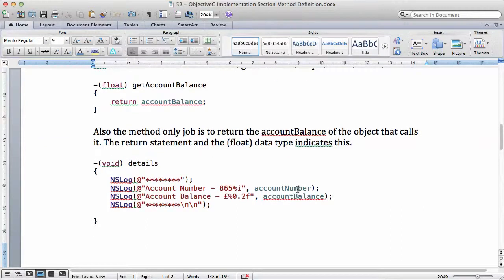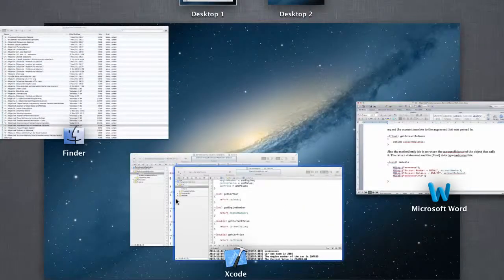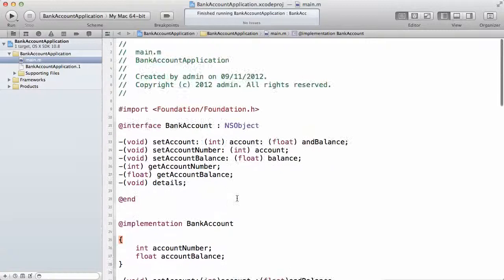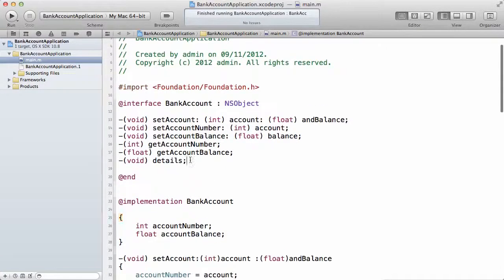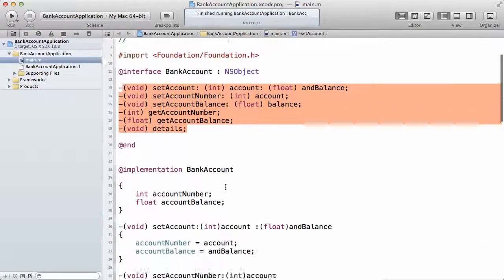But you have to pay attention to this fact though. Remember, inside this method you can still refer to your instance variable. So here we want to print the account number, so we say the account number is, then we use the instance variable here, account number. Account balance is, then we use the account balance variable. So these are all allowed. If you look at our bank account class, you see that we've declared them here. Now let's look at all the